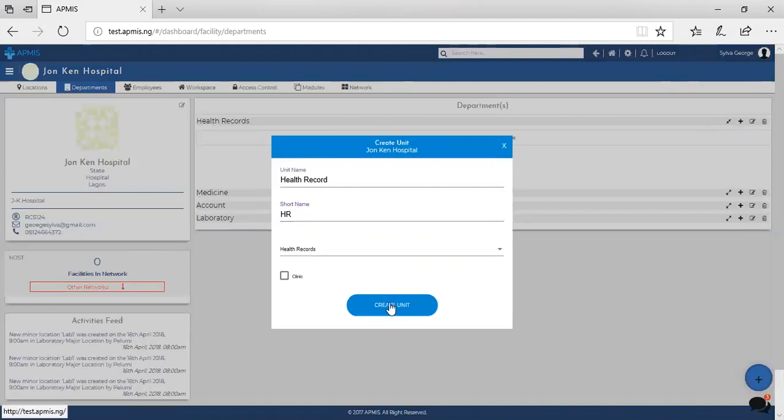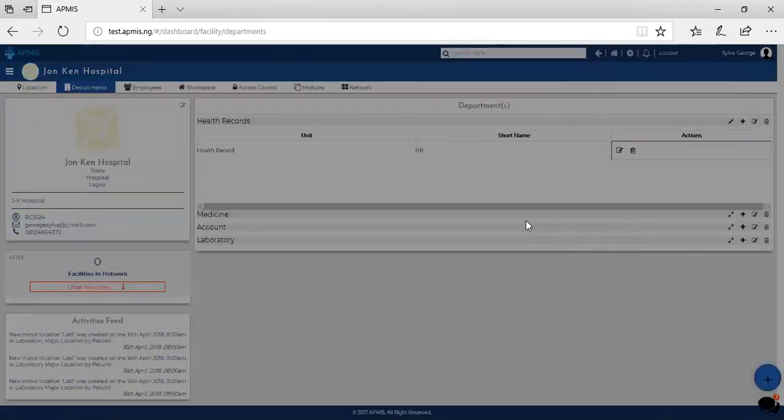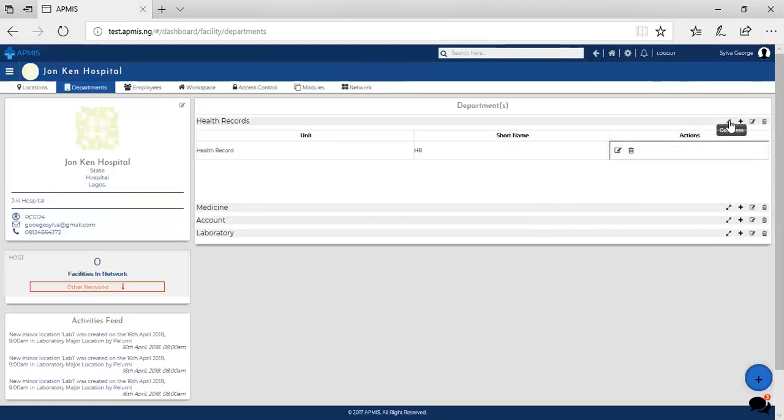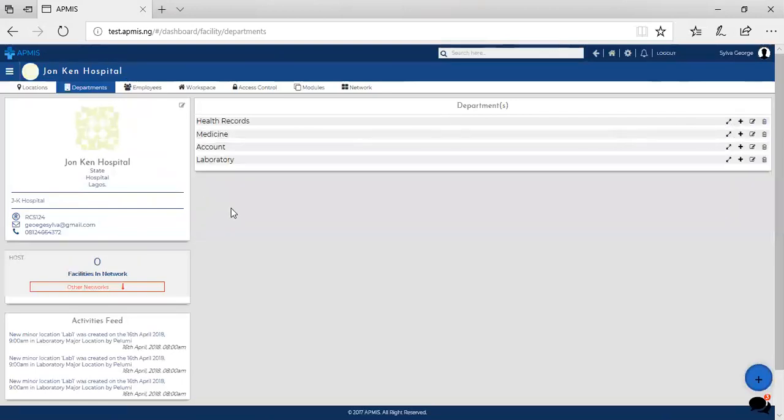Health records under health records. Yeah, I can go ahead and now create that. I've created a unit on that health record as well. So, okay, that being said and done, we are now moving forward and I can now come to the employee